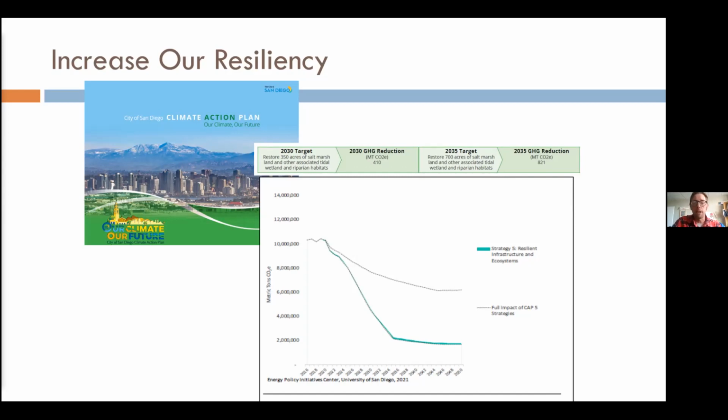But strategy 5, including wetland restoration, is on this plan, and it's a requirement for the acreage now of tidal wetland restoration that the city needs to meet in order to deal with this slice of the problem that we have. And up there at the top are the 2030 and 2035 targets. So the city of San Diego committed to 700 acres of tidal wetland restoration by 2035, which we think is great. We would love to work with them on doing some of that right here in Mission Bay. But what's important about this as well, it's a thin line, but it also has all of those other benefits that we were talking about earlier, the ones that got us jazzed about this at the very beginning.